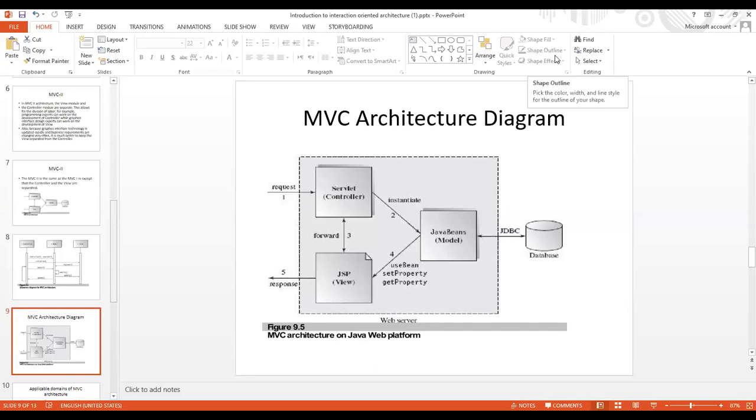So the MVC architecture is shown: a request goes to the servlet controller, is forwarded to the JSP view, and is then initiated by the Java Beans model and connected through the database. The database can reply back to Java Beans, and Java Beans can reply to the JSP using setter and getter methods. The JSP view then gets the response back.